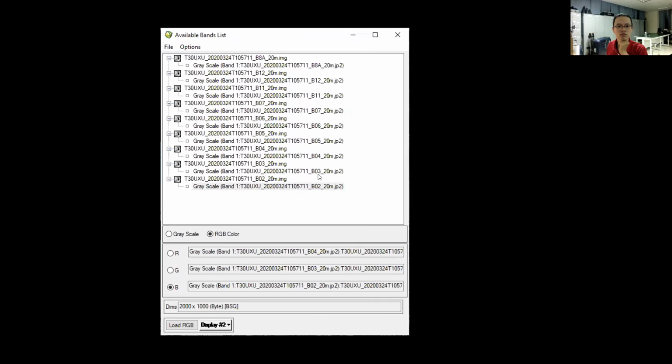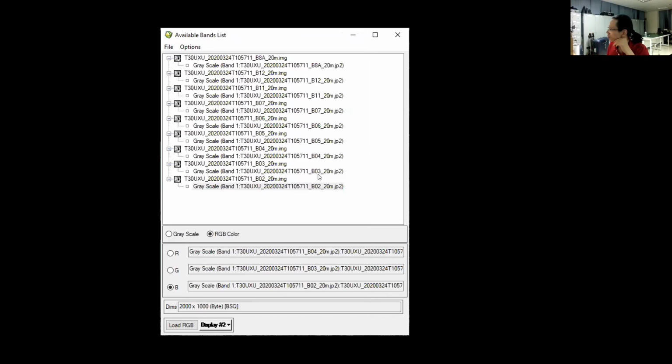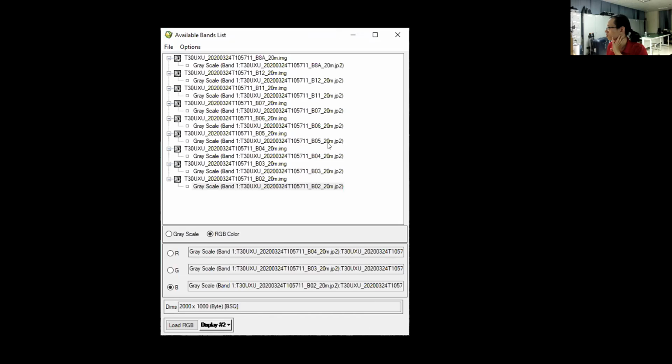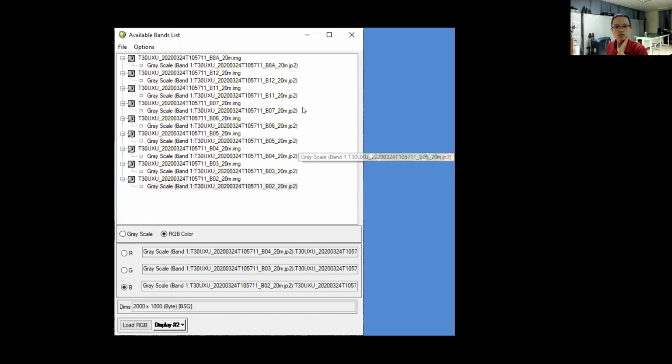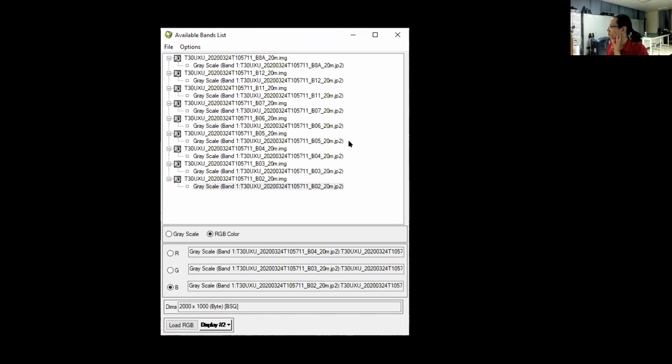But in this case, I prefer to use these 9 bands because we can combine with the different infrared range. Number 5, 6, and 7, it is a property of Sentinel-2 sensors,